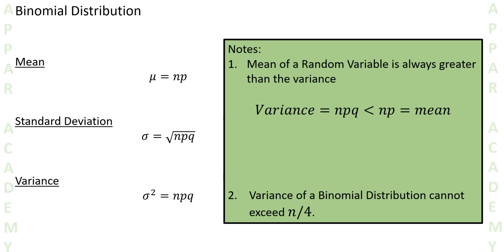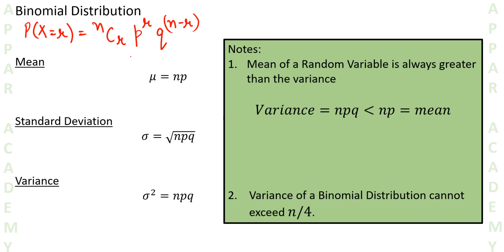We'll just state the formula here. We've already discussed it in detail in our last video. So we already know that the probability that x is equal to r is simply equal to nCr, that is the combination of r successes out of n, into p to the power r and q to the power n minus r, where n is the total number of trials, p is the probability of success, and r is the number of successes, right? So p and n are the parameters of the binomial distribution.